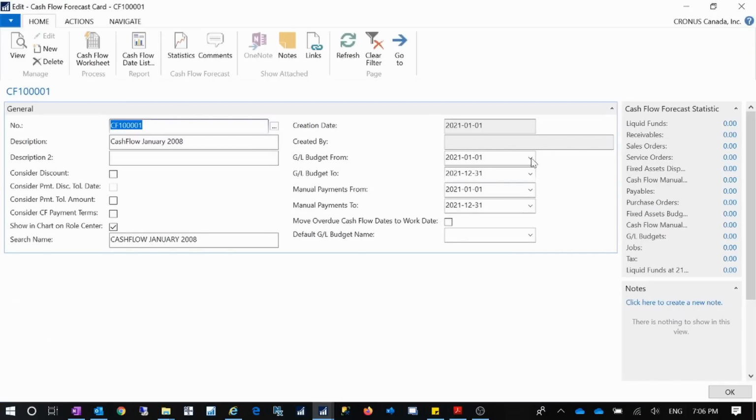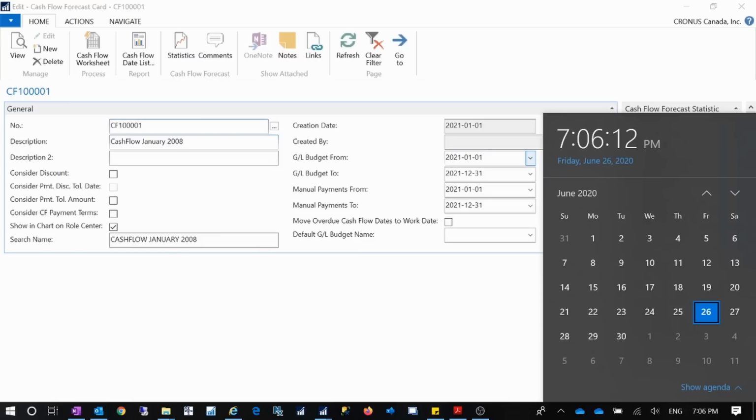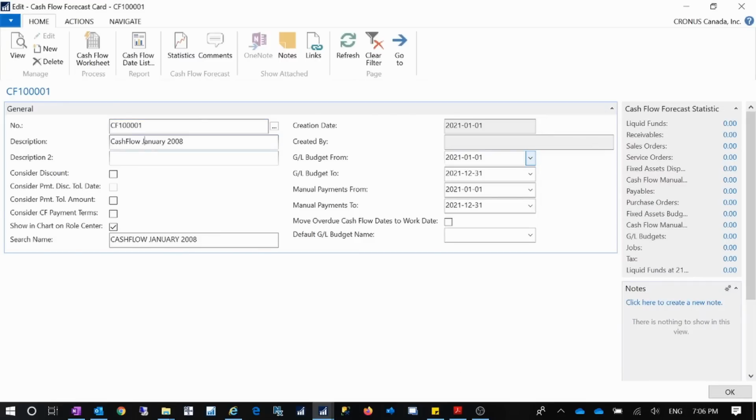This default one is created by this demo database. So you can give a description, a cash flow for, like, right now we are already in 2020. I can change this to cash flow for 2020, okay? And then you can consider the discount. So when you calculate your cash flow, if you want to consider the discount, the discount will be the discount from the transaction header. And also if you want to consider the payment discount tolerance date, so if you want